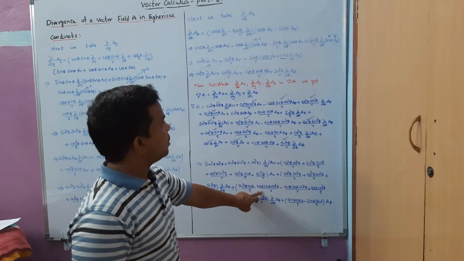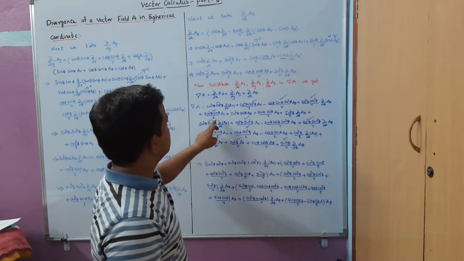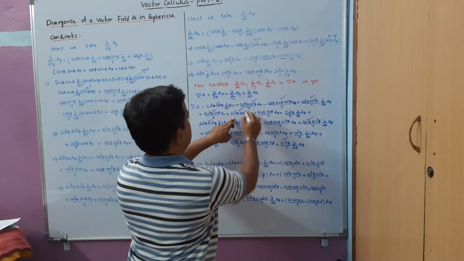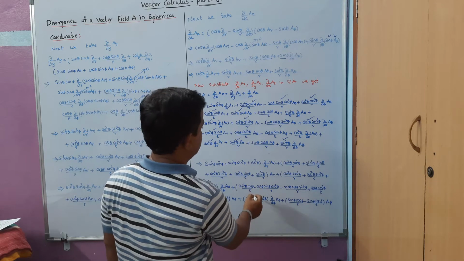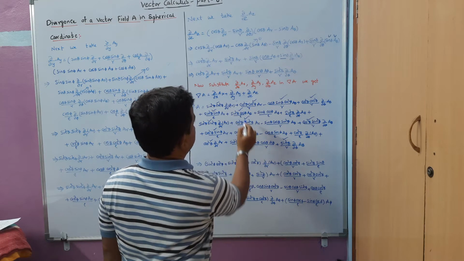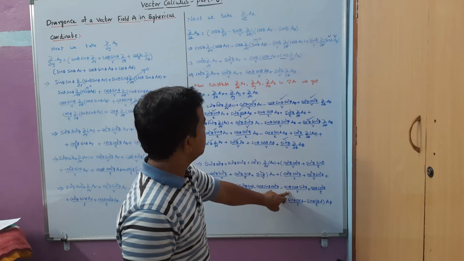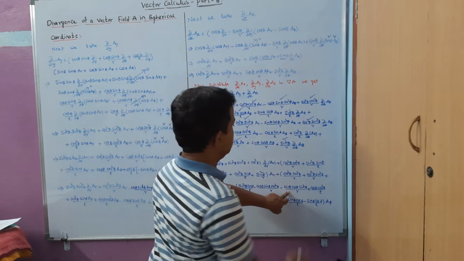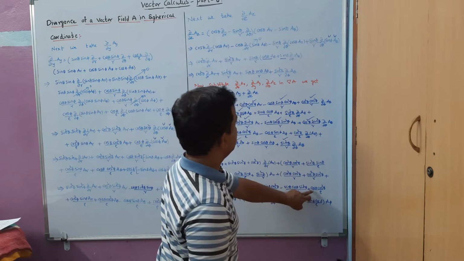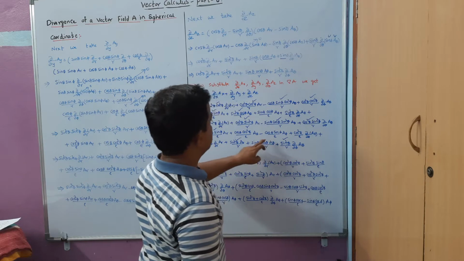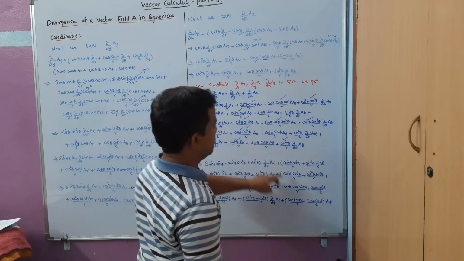So I have written here cos theta sin theta cos square phi by r. Next, the a theta term here again is this one. Here I actually forgot to write rho; I think here it is sin square phi by rho, so rho we have to get here. Next, similarly, the a theta term is minus sin theta cos theta sin square phi by r. So similarly, the a theta term here again we have this one, cos theta cos square phi by rho.